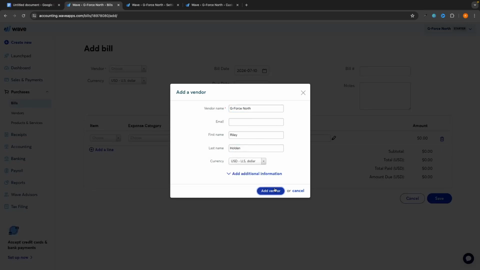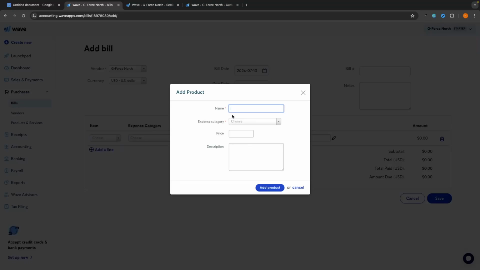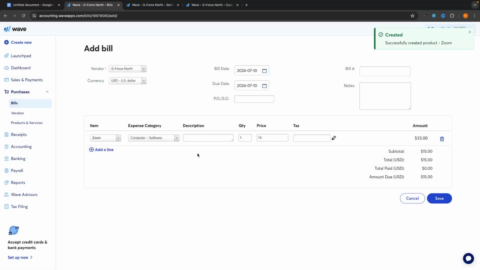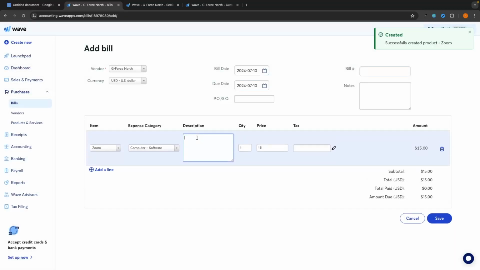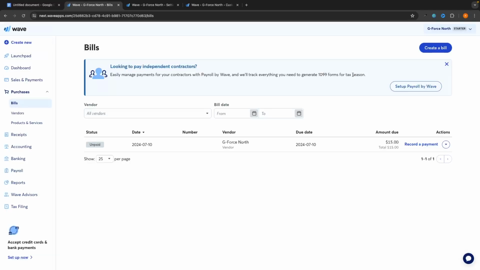Then we can enter in the details for this company, go through, select the bill date, when the bill is due, the currency, and then in here, once again, we can add a new product that we have been buying. So let's say that this is, for example, Zoom. This is a tool that I use in my business. We can then choose the expense category right here. So this is going to be computer software. The price, let's say $15. I'm not entirely sure what Zoom costs, but we can add that in right there. Add a description, Zoom for business meetings. And then once again, we can add tax or anything that we need to add on. Click on save,